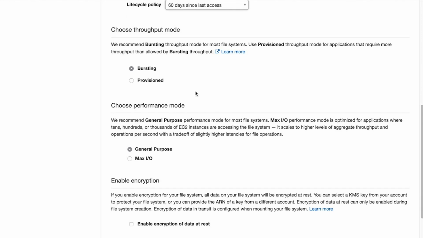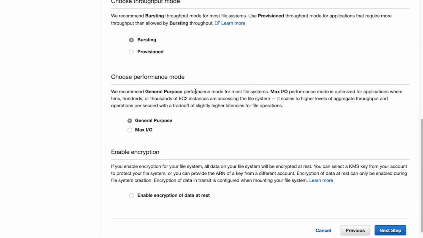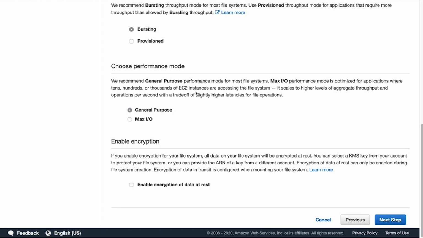We'll use bursting throughput. We don't need provisioned, that's going to cost a little bit more. And our performance mode, general purpose. Max IO is really for extremely high performance systems. So we're going to go ahead,